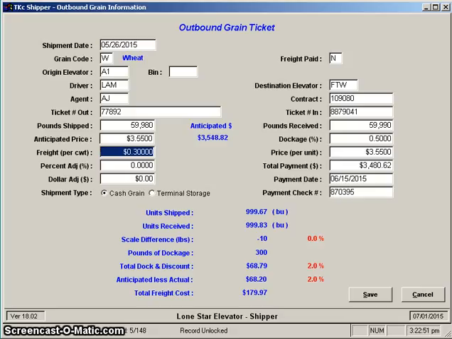The percentage adjustment is simply a percentage that we will add over and above the freight rate itself, and the final item of freight calculations is a dollar adjustment. This is where you would put in if you were, for instance, not calculating by hundredweight. Rather, you were simply paying a flat rate per load. You could put the rate per load in here as the dollar adjustment, and